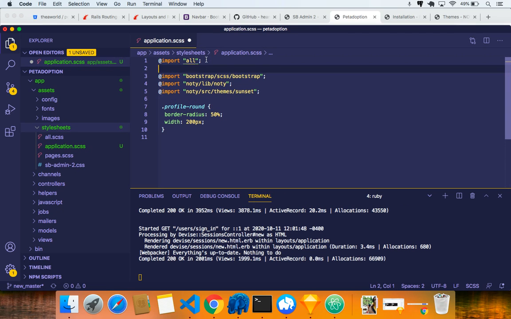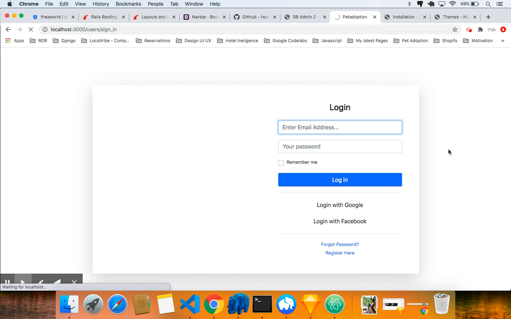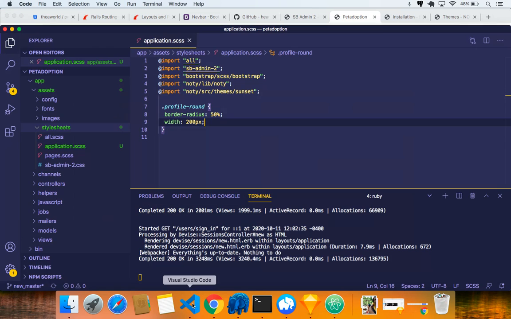And then we also need to do @import, because remember we're converting this to SCSS, and sb-admin-2 without the .css, just like that. Okay, so we need to add those two files, and we save it, come back over here and refresh, and you're gonna notice that it's gonna work now. There you go. So our theme is working now because we converted the